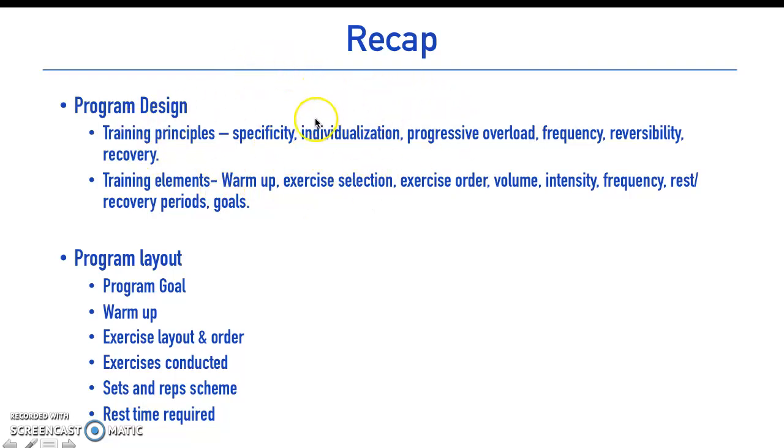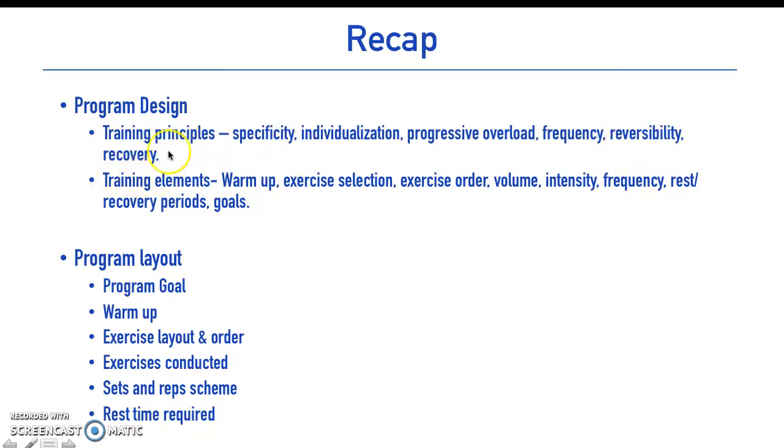Is the program itself individualized? So is it based on one person or a group of people? Okay. Progressive overload. Does the program get more difficult? How often? Your frequency. How often are you training in a week, day, month, and year? Reversibility. How are we going to reverse your detraining effect, right? If you don't train for a long period of time.